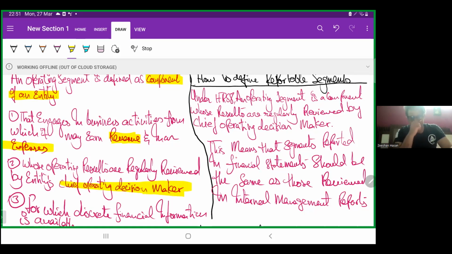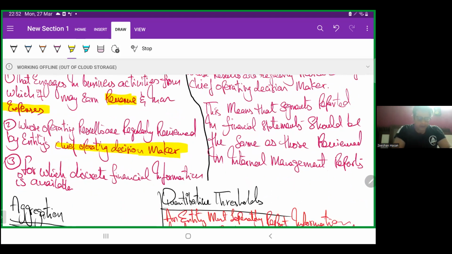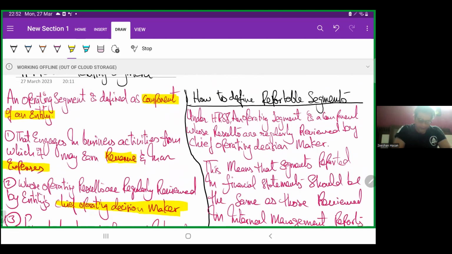Now you might be wondering what is meant by chief operating decision maker. Nothing specific has been stated about it. It could be the CEO of the company, the CFO, chief financial officer, or the accounts heads of the company, for which discrete financial information is available, right? So far, so good. Now, how to define